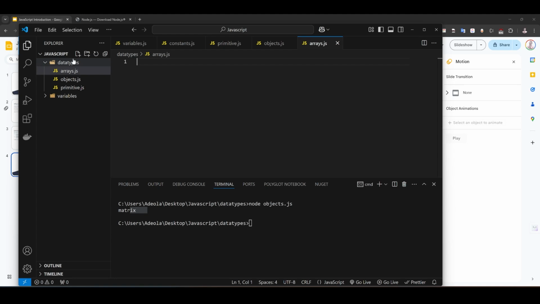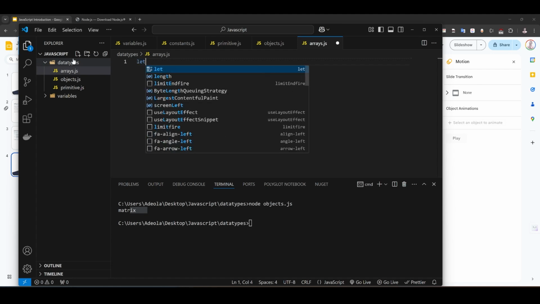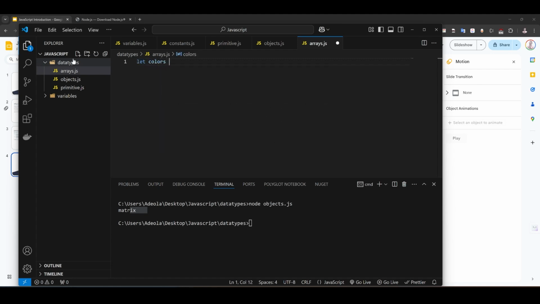Okay, arrays are special objects. They are used to store multiple values in an ordered list. They can hold various data types and they allow for dynamic resizing. That is, elements can also be accessed via index. And in an array, excuse me, the index starts from 0. So when we say arrays, it's just a value that holds a lot of data, not minding the data type. For instance, I can say let colors equals to, then I can have something like green,